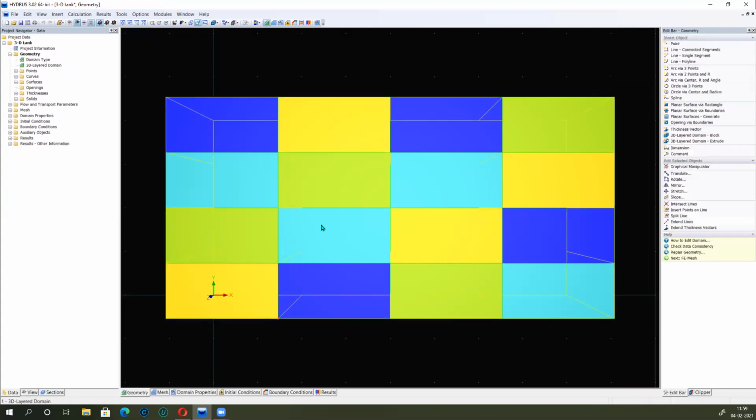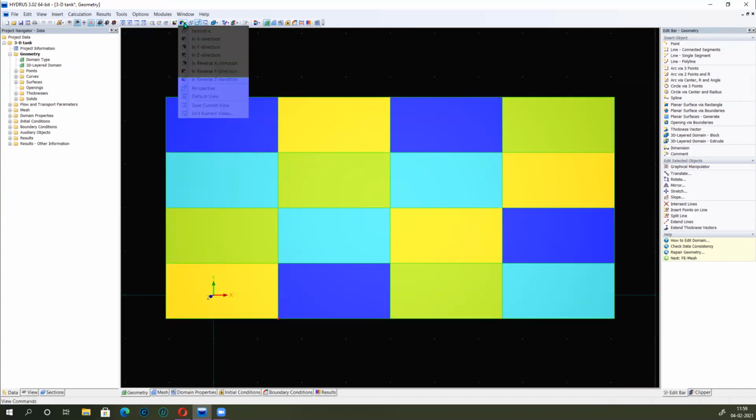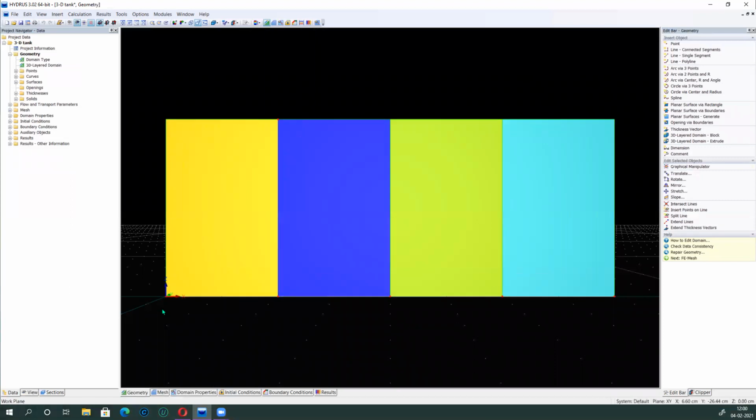And this is how I distributed the material in the block of 2 meter in length, 1 meter in width, and, let me show you in the y direction, 80 centimeter in height.